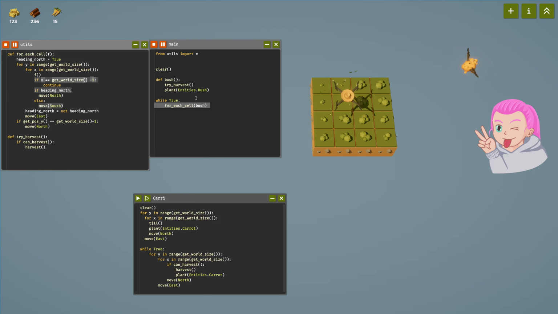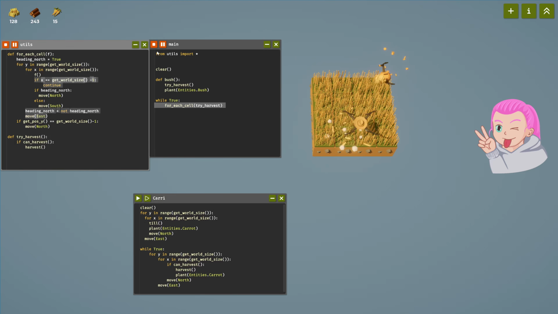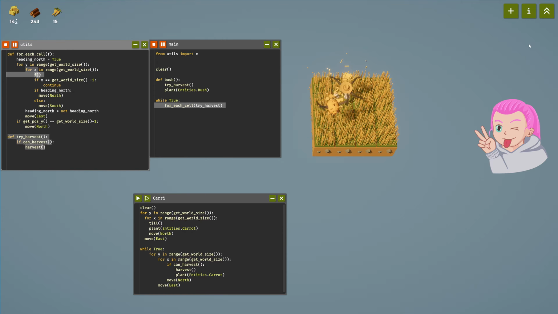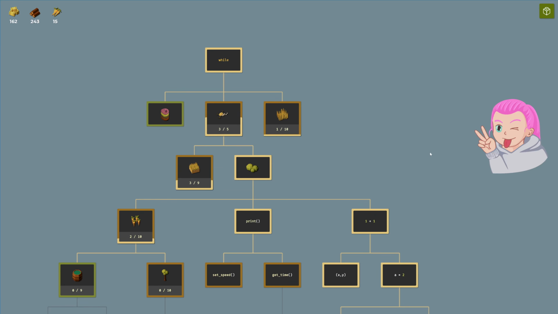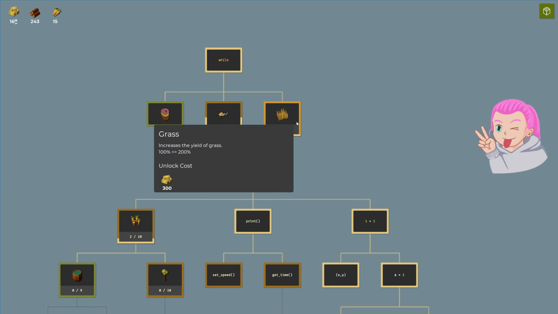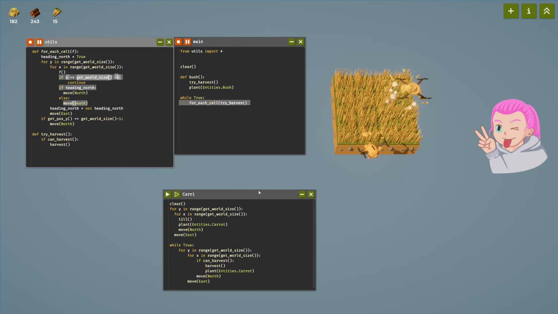So we need more hay for more carrots. So let's just change over to hay program. Can we increase the yield? Okay, that's gonna be a while. Meanwhile,